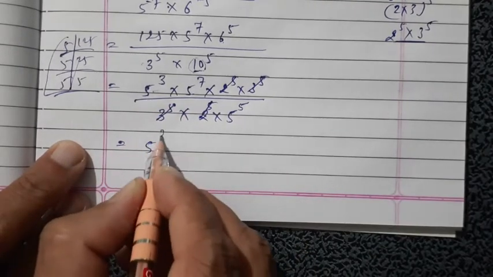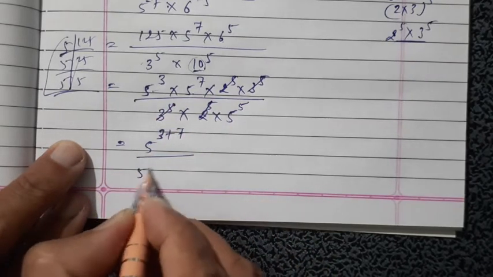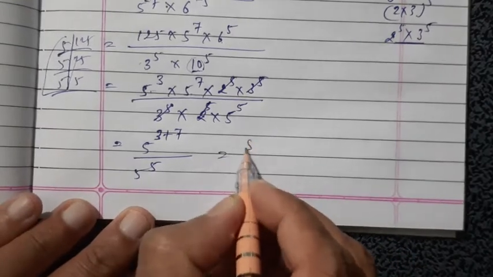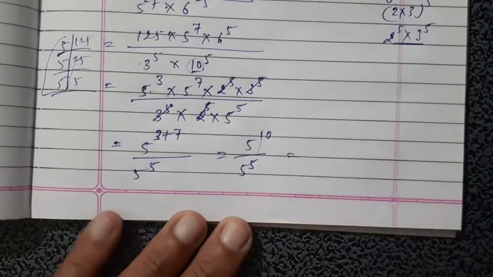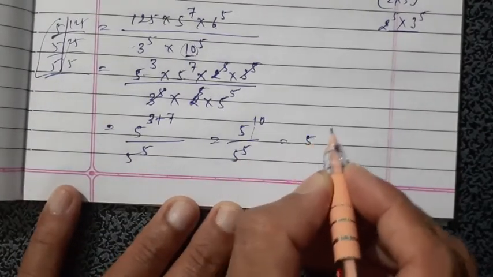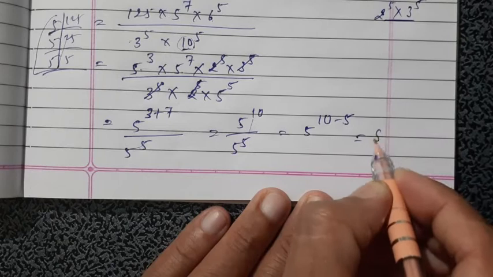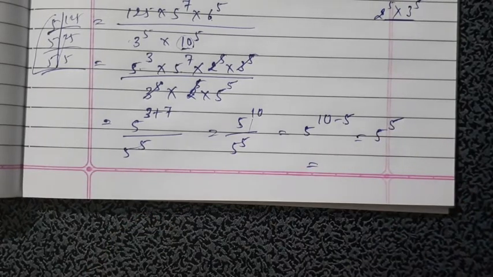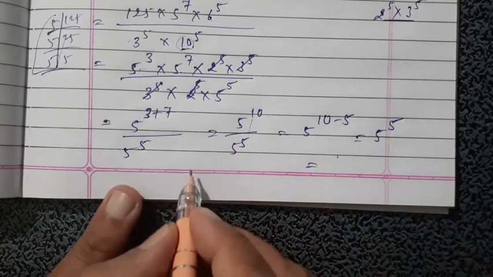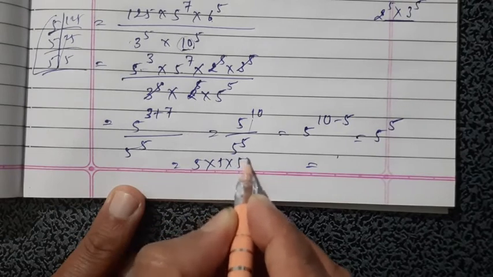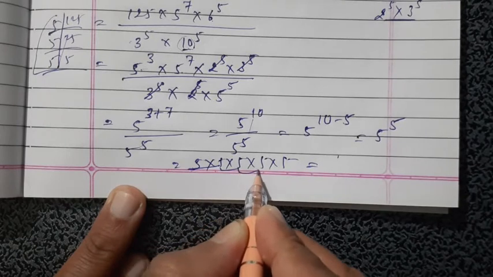Now first multiplication. So 5 raised to 3 plus 7, same base, so addition of powers, and 5 raised to 5. That is 5 raised to 10 divided by 5 raised to 5. Now division is there, same base, so subtraction of powers: 5 raised to 10 minus 5 means 5 raised to 5. So 5 times 5, otherwise 5 into 5 into 5 into 5 into 5: 5 5s are 25, 25 5s are 125, 5s are 625,